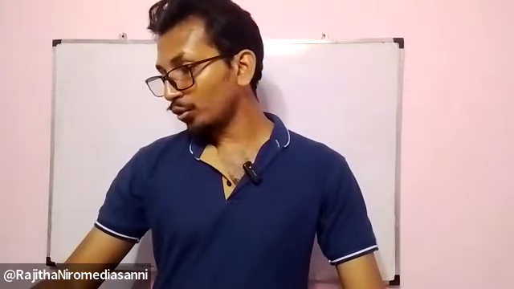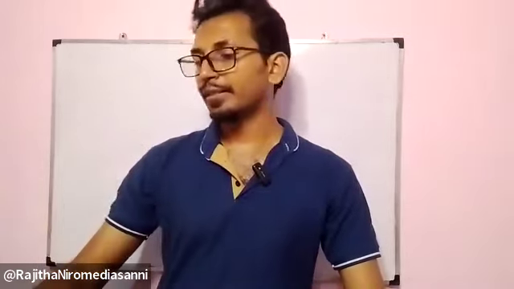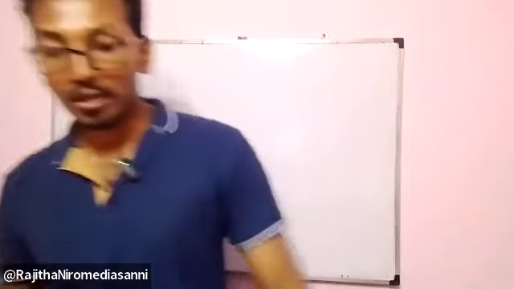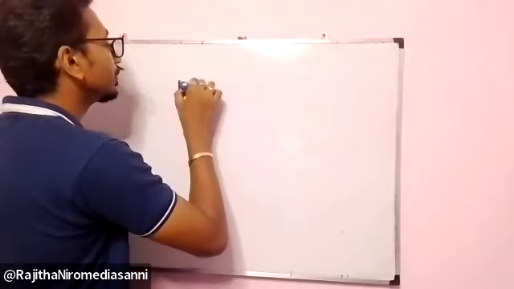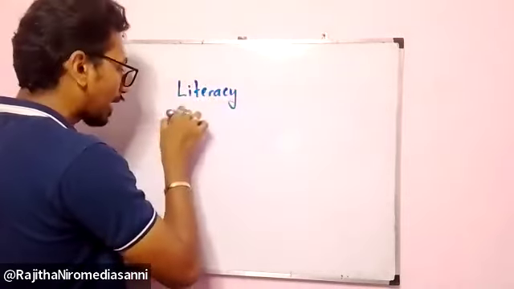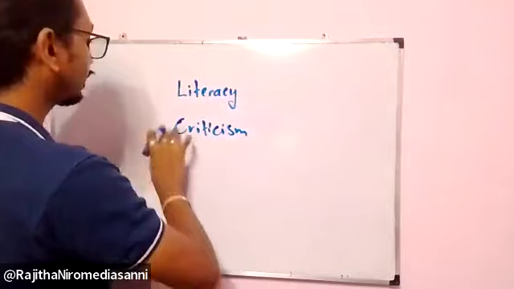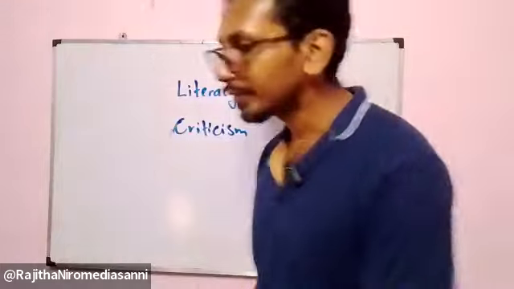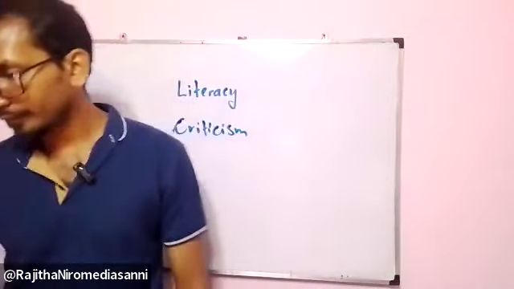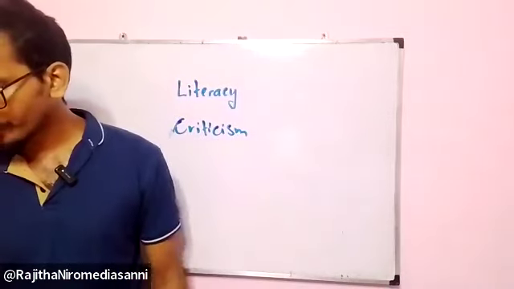This one and that one are totally the same. But the main two things are not in here. Why don't I give that? Because in the first lesson we discussed that, but you have to write down in here. Put a bracket and write: the main two aims of the communication are what? Literacy and criticism. Just write down. Literacy and criticism.